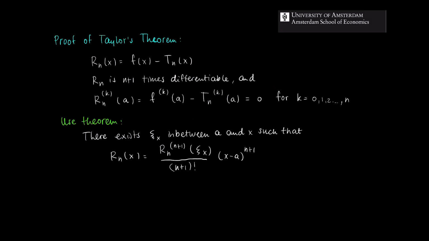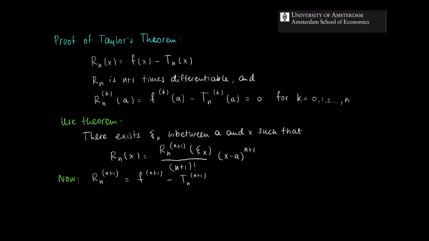But now have a look. What is this term here? We have R_n and the (n+1)th derivative of R_n. But T_n is a polynomial of degree n. So if we take the (n+1)th derivative of this polynomial, we get a 0. The only thing that we end up with is the (n+1)th derivative of f. And this is exactly what we need. Since now we have R_n, the (n+1)th derivative is just the same as the (n+1)th derivative of f